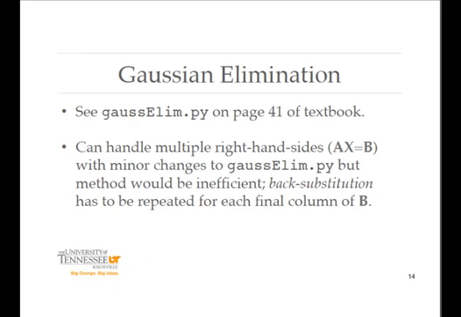A nice thing to notice is that it's actually not too difficult to make a change to the code that I'm going to show you in just a second to handle more than one right-hand side. So sometimes in some scientific applications they'll have many right-hand sides, not just a single vector. So it'll be a whole sequence of right-hand sides, and that's where we would have to repeat back